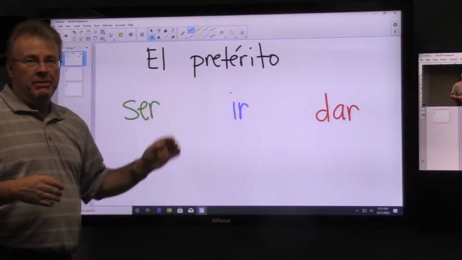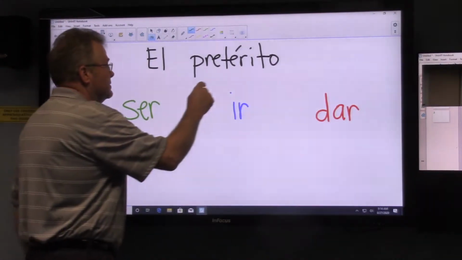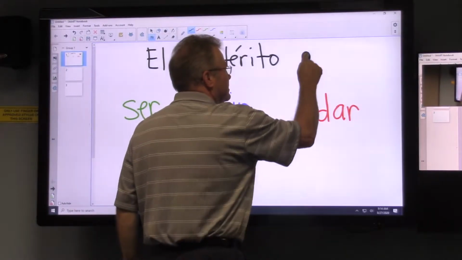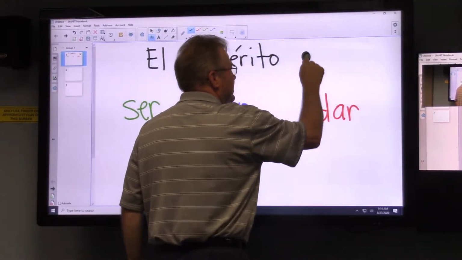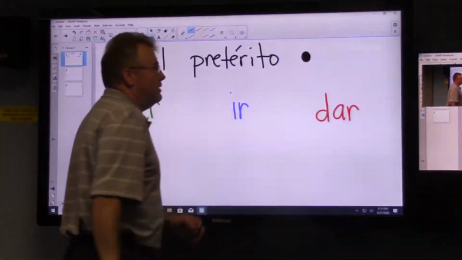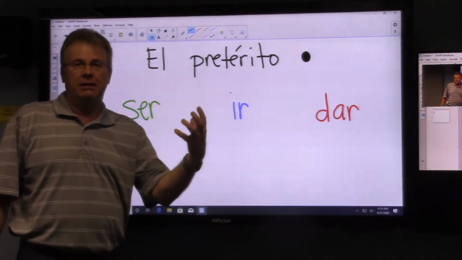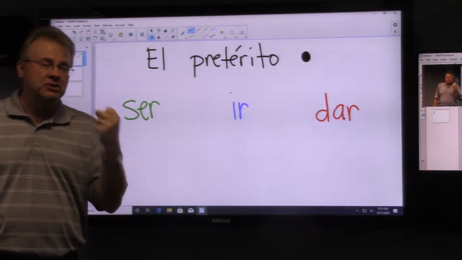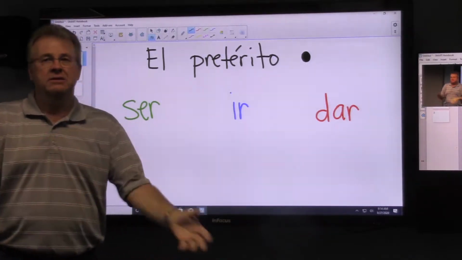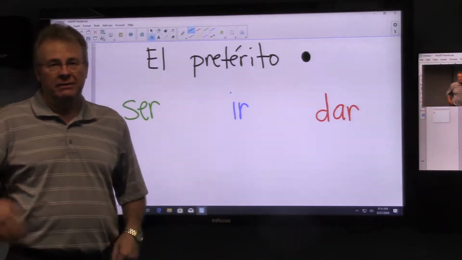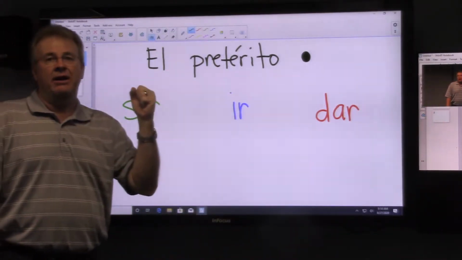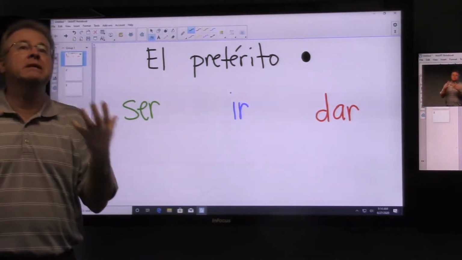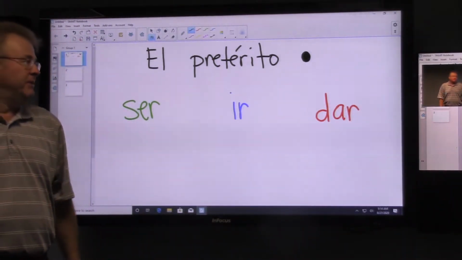And remember the preterite past. Do you remember the symbol? The symbol is a dot. The preterite past describes past events that can be described like a dot on a timeline, an event that happened. It's over. It's done with. It's never going to happen again, okay? Meaning that particular event. It's a dot on our timeline, represents a completed action, a completed event, okay?